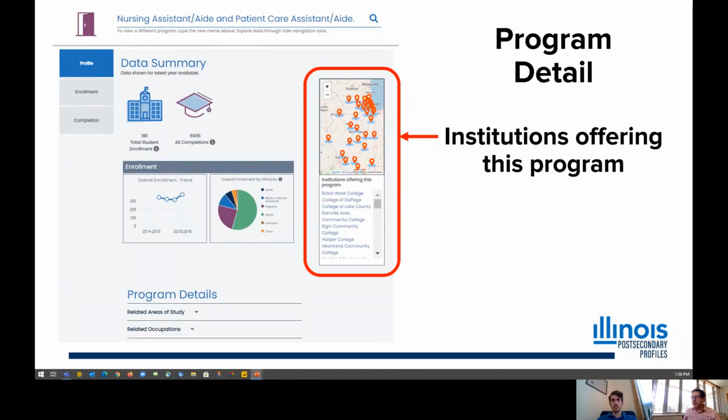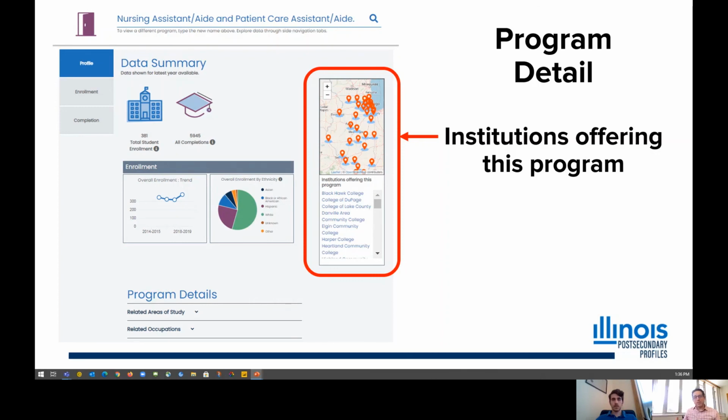We've already talked about the institutions offering this program, but one of the things that's powerful and unique about this is in the context of Illinois, we can explore programs that are of interest to us, we can explore occupations that are of interest to us, and then we can very quickly get from those explorations to where I, as a student, can go to actually engage in this learning.